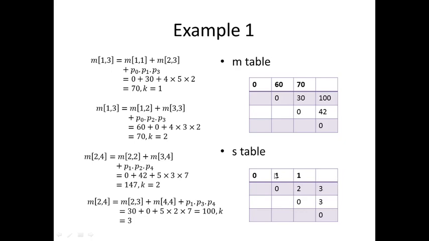Here remember that we fill in the super diagonal entries systematically. You cannot directly jump and fill this cell. That is not possible. Also remember that each subproblem is solved exactly once, and that value will be recorded in the table and you need not compute it again. M23, you are not computing it again, it is already there. Here also M23. And this is the second property, overlapping subproblems. M13 also shares the subproblem M23. M24 also shares the subproblem M23. That means overlapping subproblems.